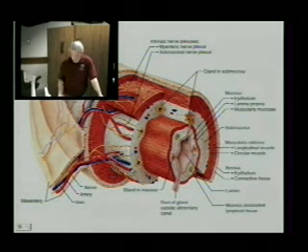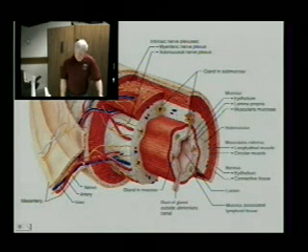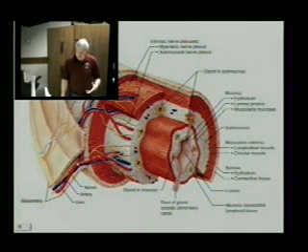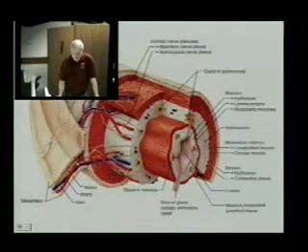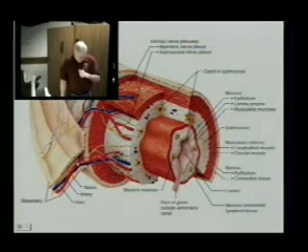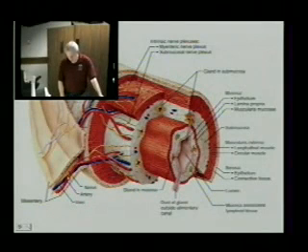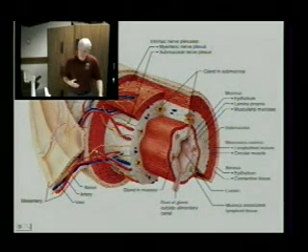venules, arterioles, and so forth, as well as the lymphatic vessels that would be accompanying them, and then the lymph nodes as well. Not the cells inside the lymph nodes necessarily, but the structure of the lymph node itself, as it's just kind of a little dilation and housing created along the length of a lymph vessel. The nerves, we are reminded, sensory or peripheral sympathetic,